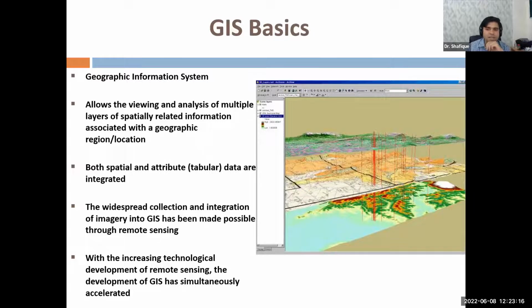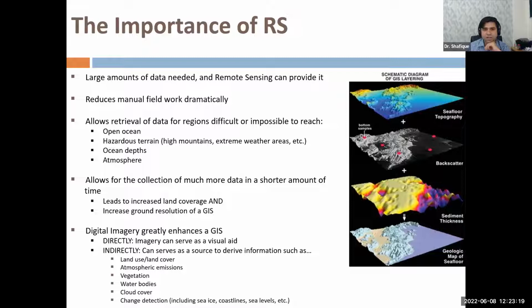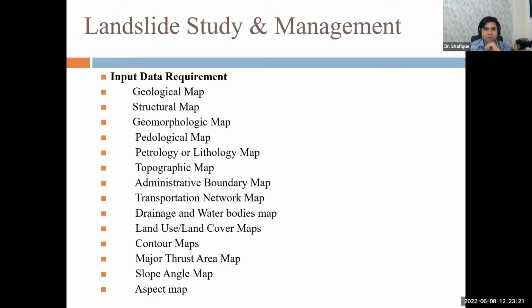Now, GIS basics have already been covered and we should not go into that detail. This has also been covered. Okay, now here is a quick case study of how we make use of GIS and remote sensing for landslide study. How do we use that? So landslide study and management needs